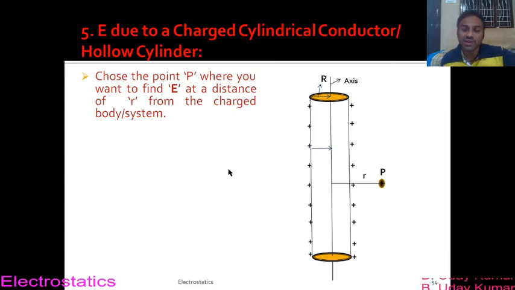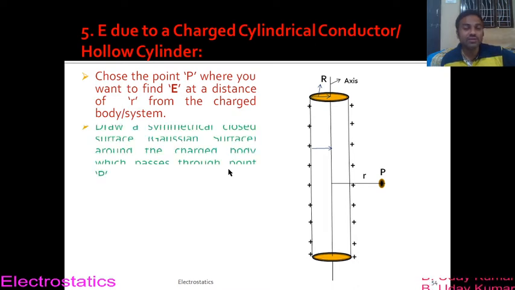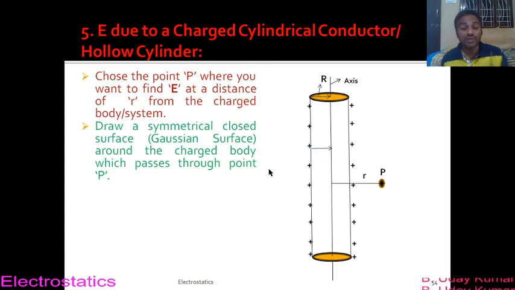That is going to be again a cylinder. Okay, so that you try to get it here. So that is going to be again a cylinder, but that means we have two R's here. One is small r, another one is capital R, and there are two cylinders. We are going to have two cylinders now. One is the charged cylindrical conductor, which is the real cylinder, and another one is the Gaussian cylinder. Okay, so that you try to get it.